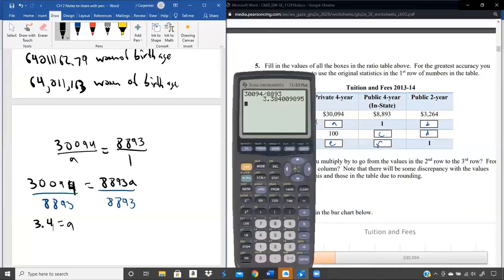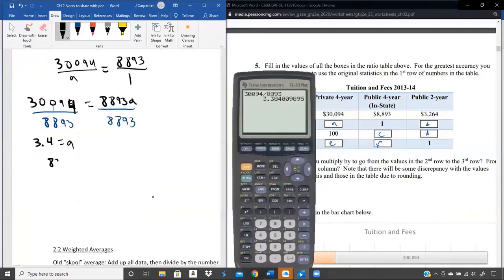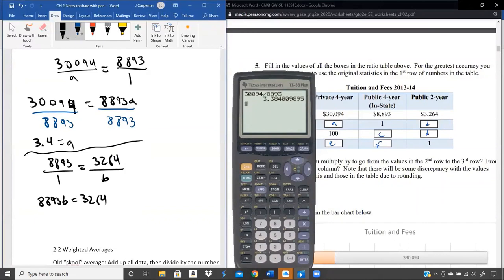So I'm going to draw my box this way. I still have 3 numbers in corners and an unknown. So I'm going to go 8893 over 1 is equal to 3264 over B. Again, this is the box. These 4 right here, all snug next to each other. Cross multiply, you get 8893 B equals 1 times anything is the anything, so 3264. Divide both sides by the 8893, to tell us that B is equal to 3264 divided by 8893. And we get